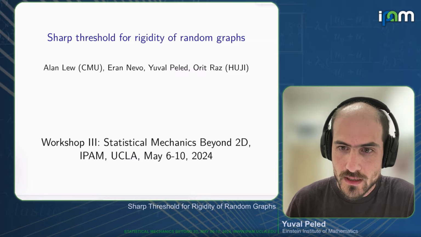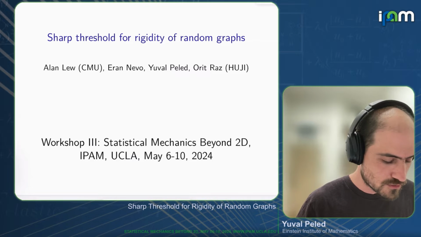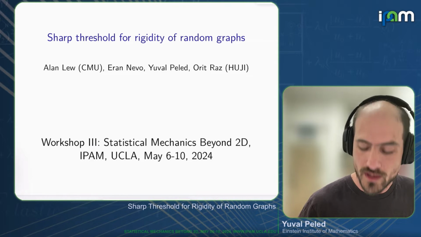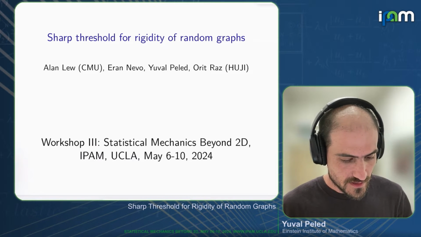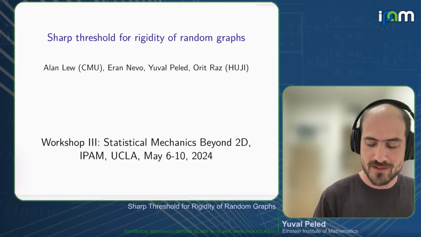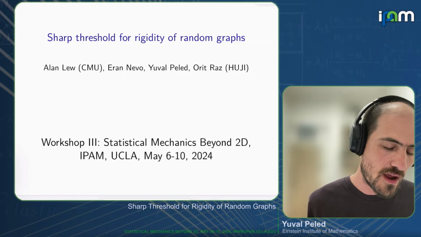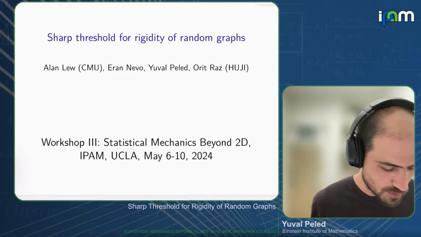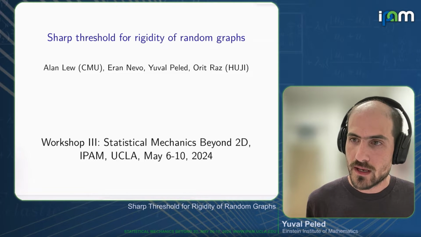start by giving a very brief introduction on combinatorial rigidity, which is a beautiful and deep theory, and I'm going to try to just give a brief overview on the most important concepts that are needed for this talk. And of course, please feel free to stop me if you have any questions. Okay, so